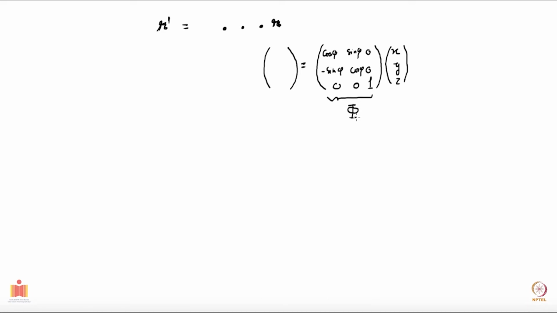Okay, that's the name of the matrix I give. And if I do so, my x and y values will get transformed to something else, and z will remain the same. And I want to call these xi, eta and zeta. So let's say these are the components: xi, eta and zeta. Okay, so clearly eta is same as z, that has not changed.